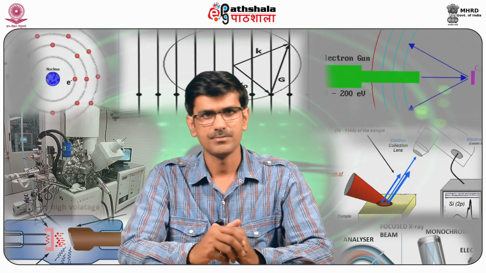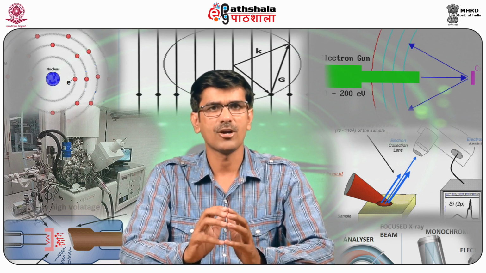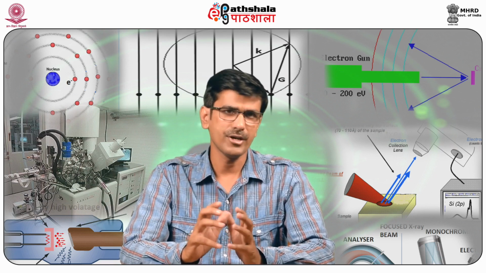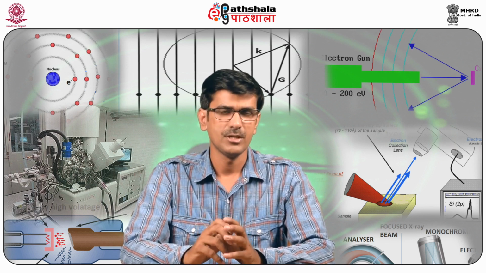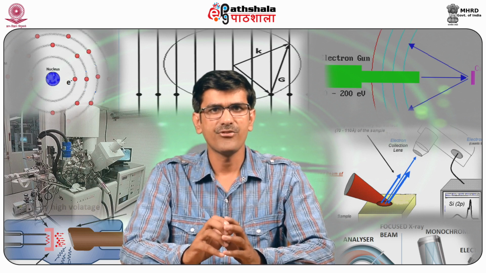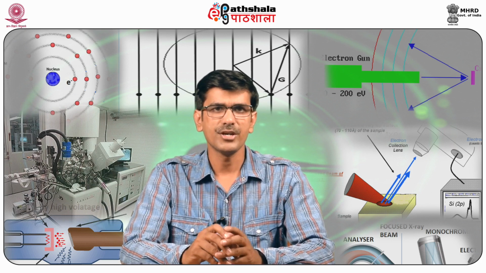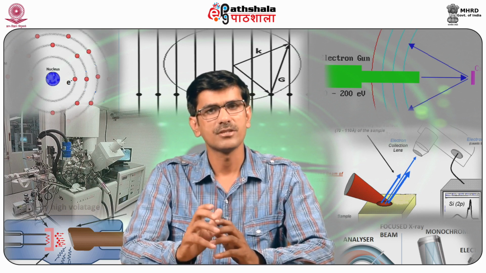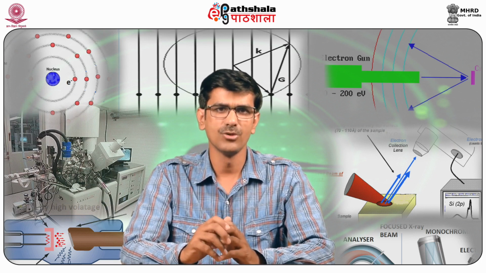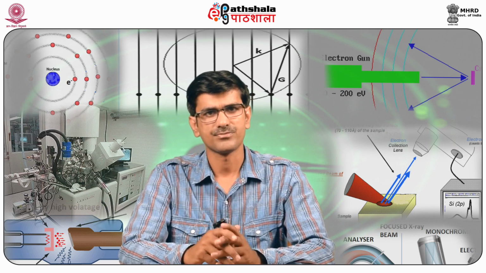Now about Bragg's law. When X-rays are scattered from a crystal lattice, peaks of scattered intensity are observed which correspond to the following conditions. Number 1, the angle of incidence is equal to the angle of scattering. Number 2, the path length difference is equal to an integer number of wavelengths. The condition of maximum intensity contained in Bragg's law allows us to calculate details about the crystal structure, or if the crystal structure is known, to determine the wavelength of X-rays incident upon the crystal.